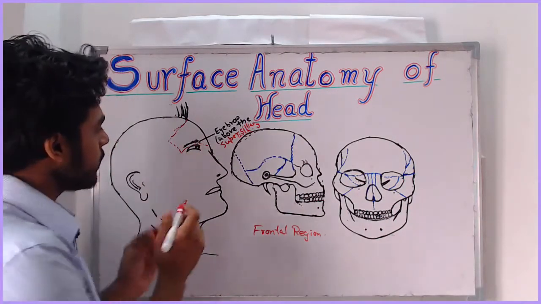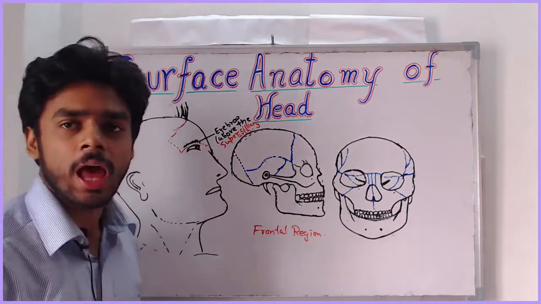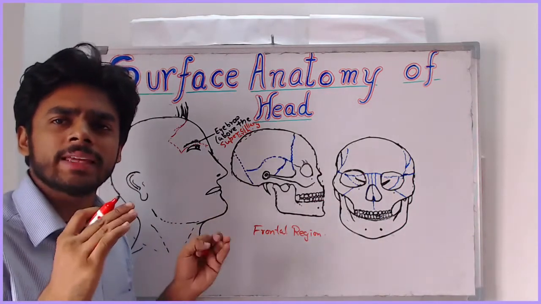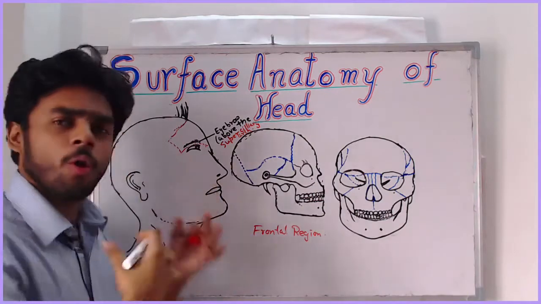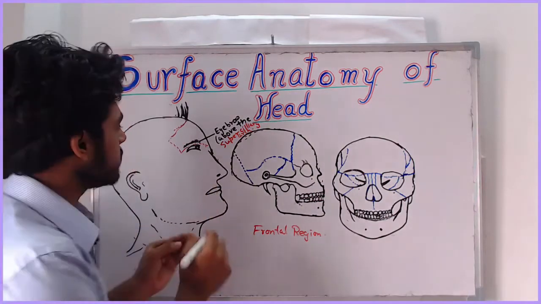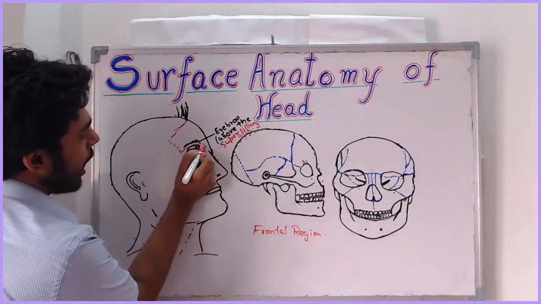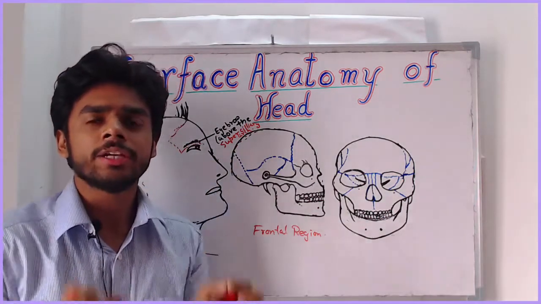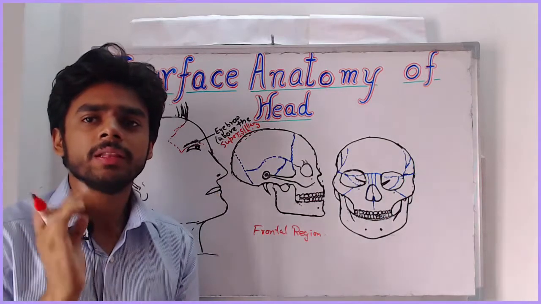And one more structure is present, which is glabella. Glabella is a smooth elevated area between eyebrows and it is mostly the non-hairy part, but it can be hairy also. We can see it here between the eyebrows, in the center region. It is a smooth elevated area between the eyebrows.